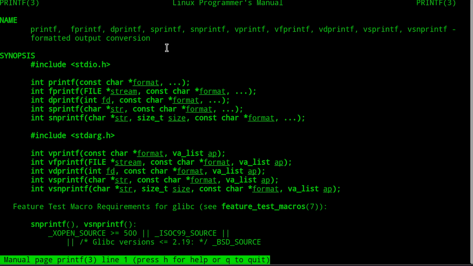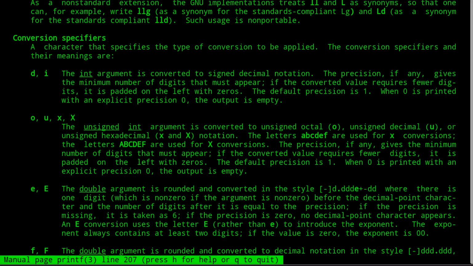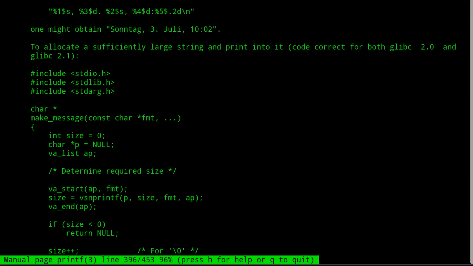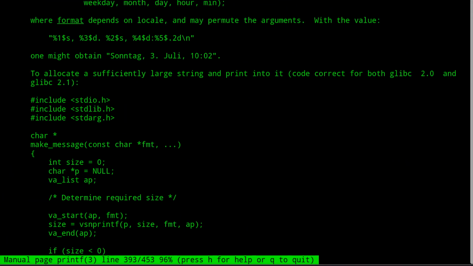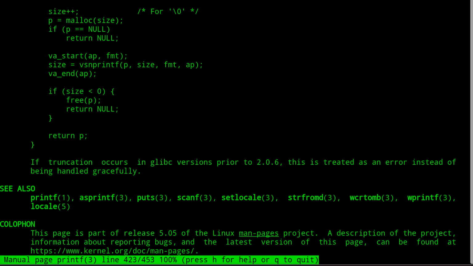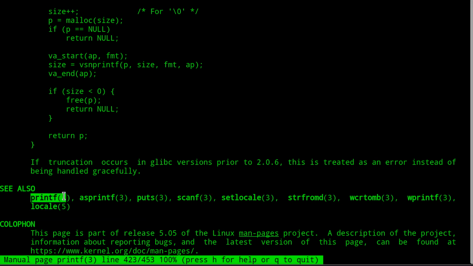And now this is the modern printf with 800 variations. And we probably have all sorts of options. There's a lot going on. And at least they give you a nice little example program down here that you can actually copy and paste out of here and run. And of course, see also all these other ones, if you're here and you want the one in section 1, right? So anyway, that's the general gist of the man pages a la Unix,